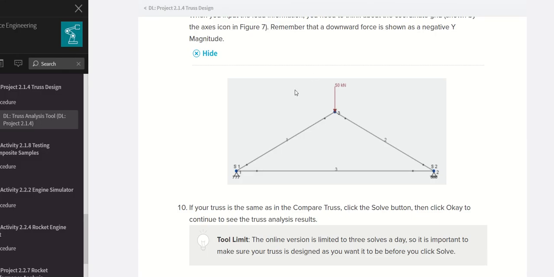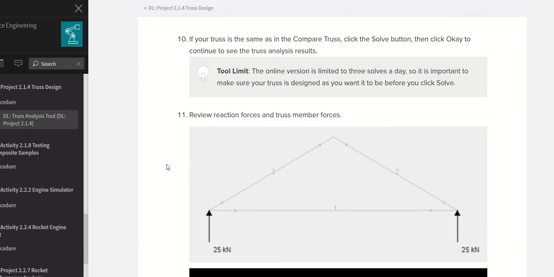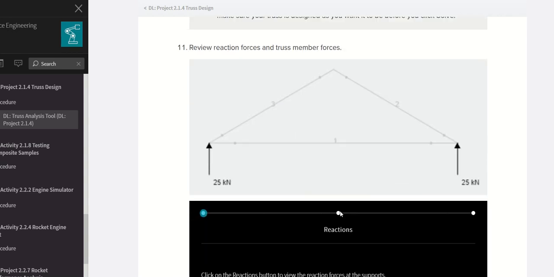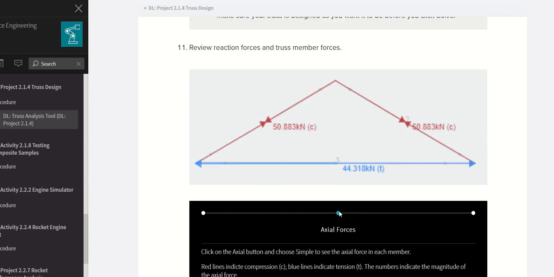Now, you need to continue with these steps, and I need to click on the solve button. Click OK to continue to see the truss analysis results. And pretty much this is how it looks.